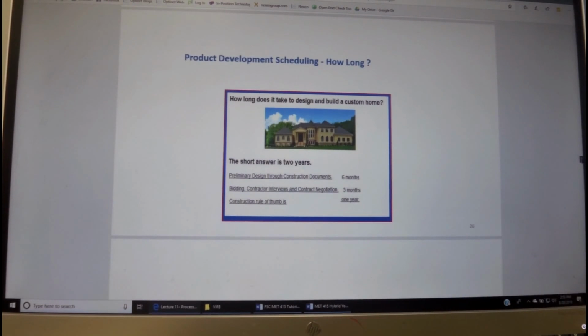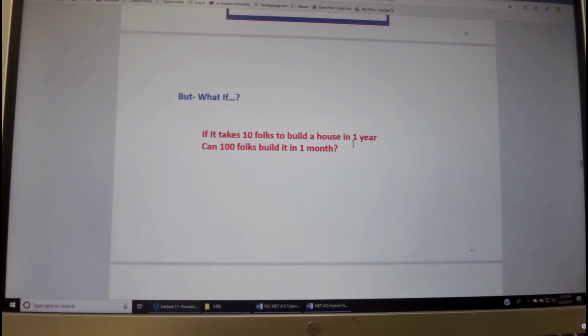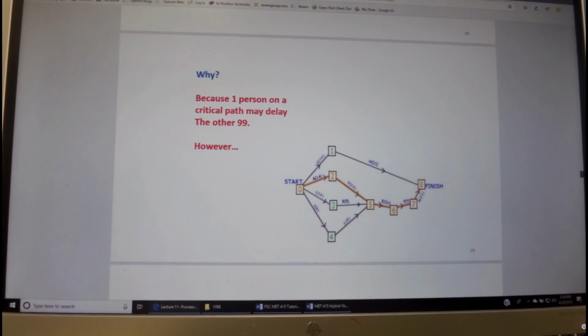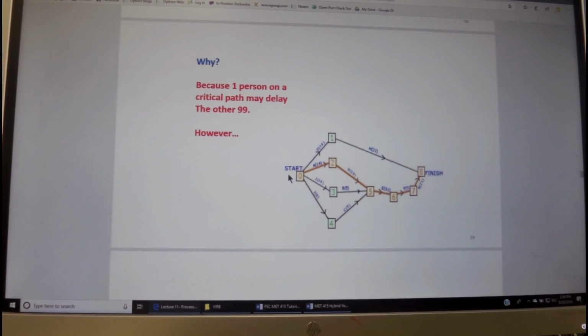The question is, if 10 people could build this house in 1 year, can 100 folks build this in 1 month? Can we add more resources to the project and get it done faster? Well, the answer is no, and the reason is we see here a PERT, Program Evaluation and Reporting Technique, that shows all the tasks that have to be done and the milestones.